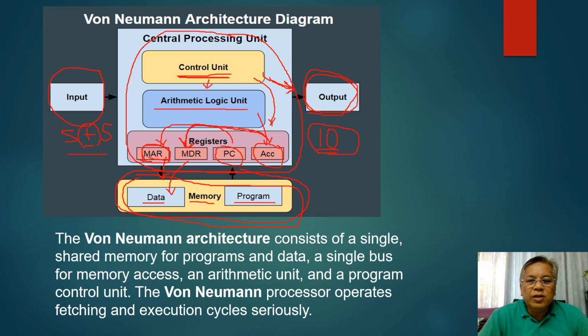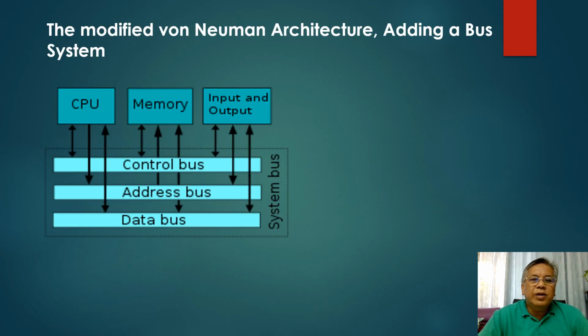So the von Neumann architecture consists of a single shared memory for programs and data, which is this one here. This one, right? And the von Neumann processor operates the fetch and execution cycles serially. Then we have here the modified von Neumann architecture,